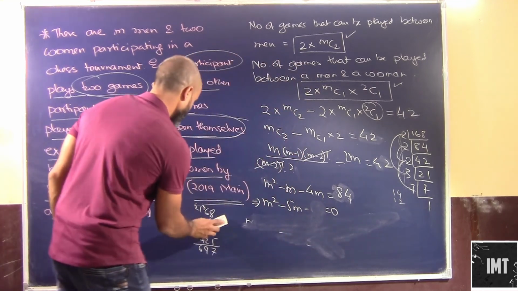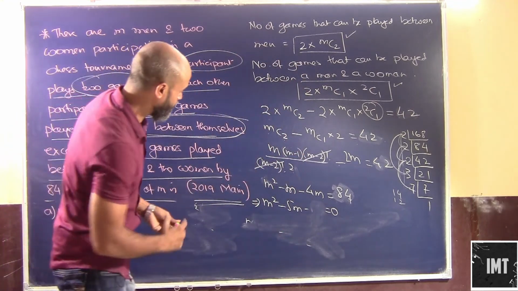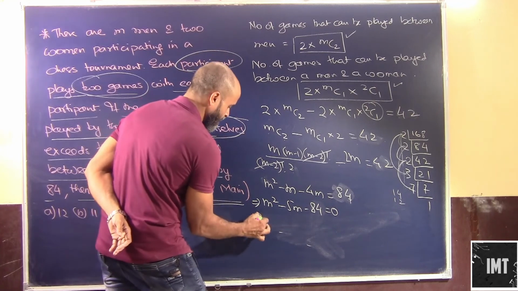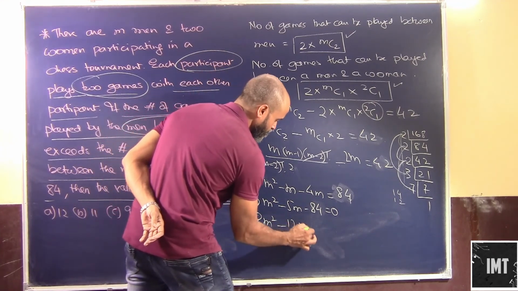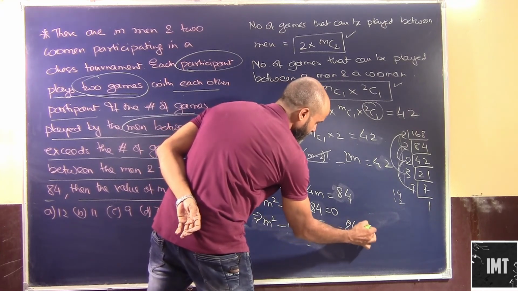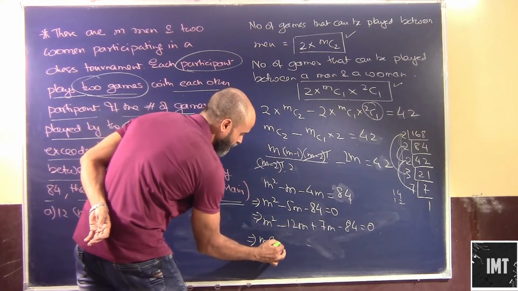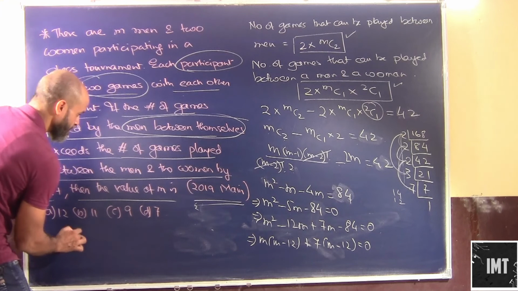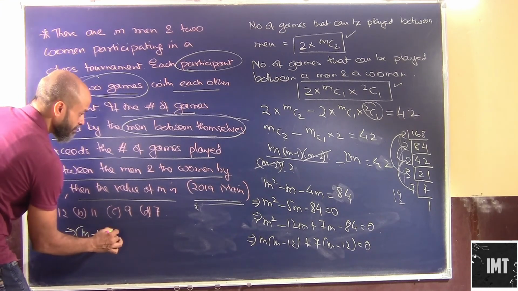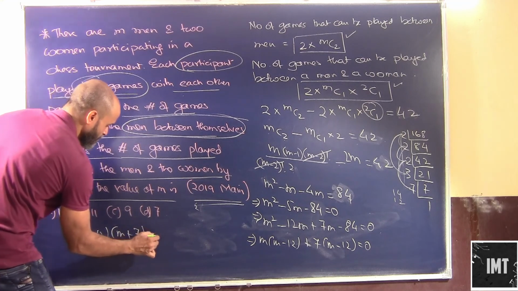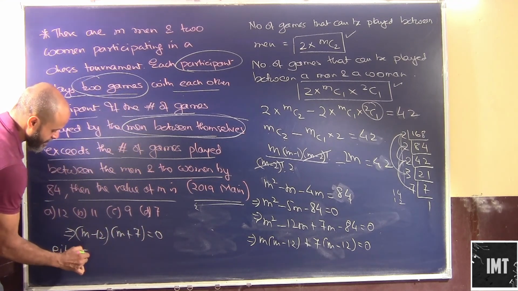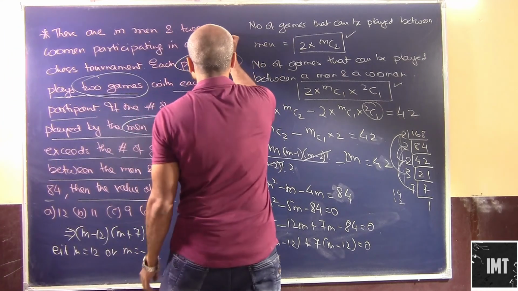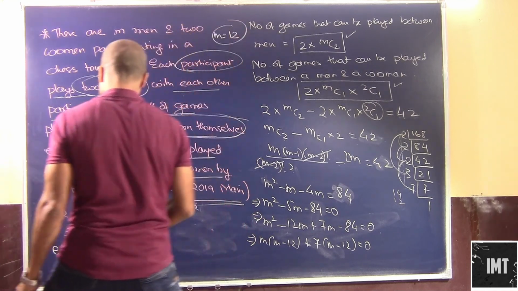So we will have here m square minus 5m minus 84 is equal to 0. So 12 7s are 84, so m square minus 12m plus 7m minus 84 is equal to 0, which means m into m minus 12 plus 7 into m minus 12 is equal to 0, which means m minus 12 into m plus 7 is equal to 0, which means either m is equal to 12 or m is equal to minus 7. So in this case we will have m is equal to 12. The value of m here will be